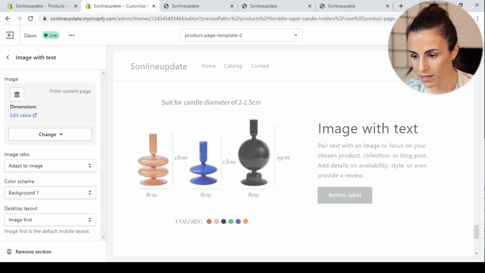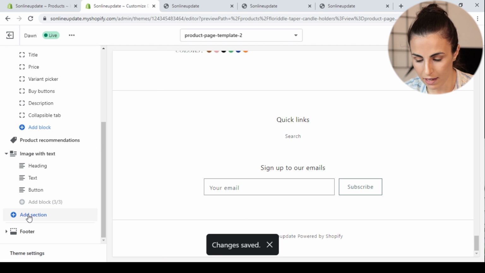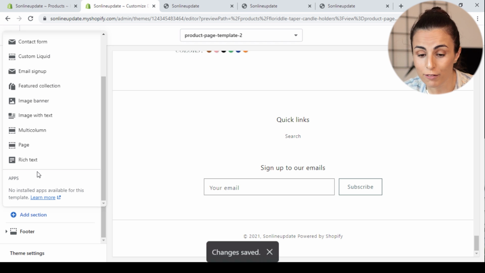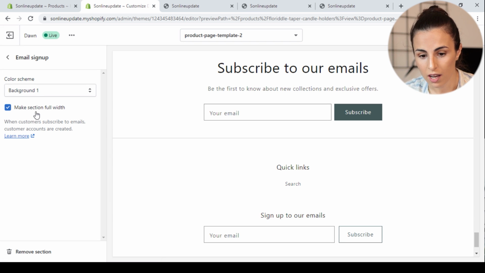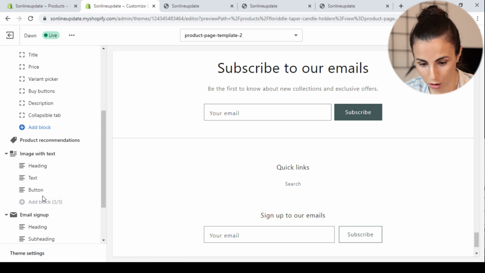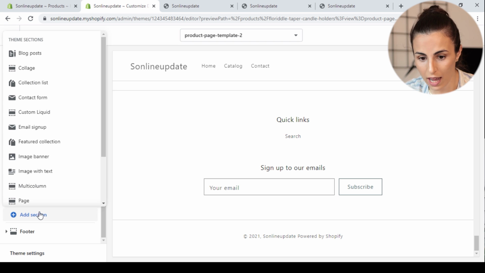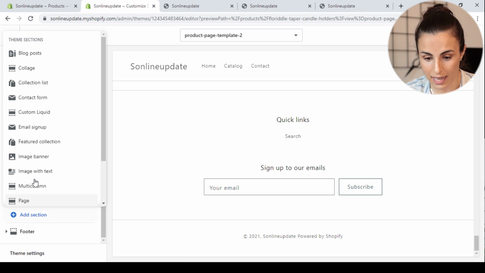So we are still changing this template. I'm going to save it and I'm going to add some other section. So let's say, for example, I can add an email sign up form if I wish. Okay, but I'm not going to do that. I'm going to remove it. Let's say I want to add another dynamic section so you can know more about how to use Metafields. Let's say I want to add, for example,